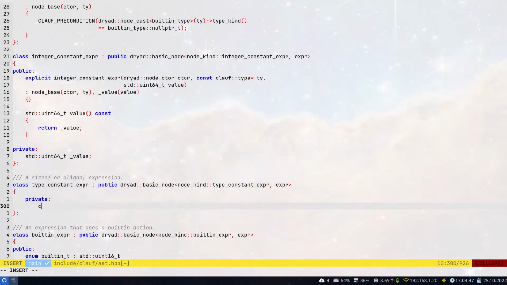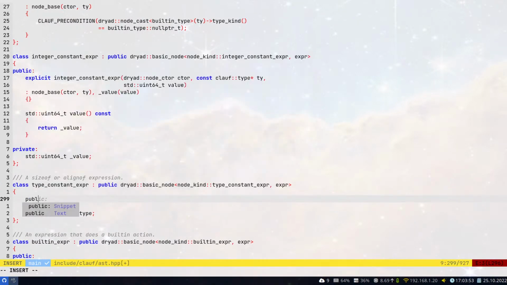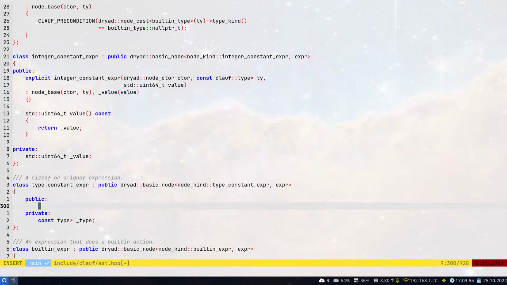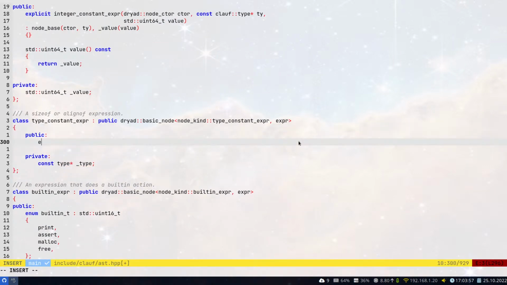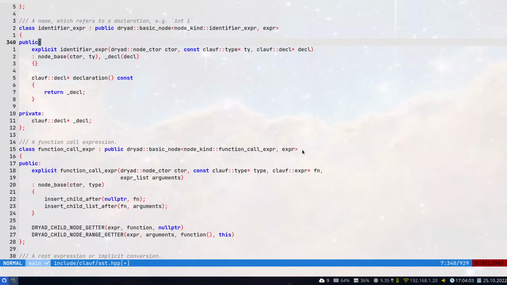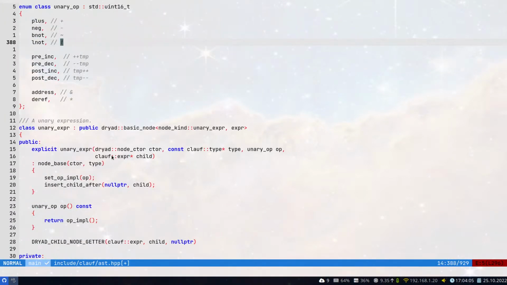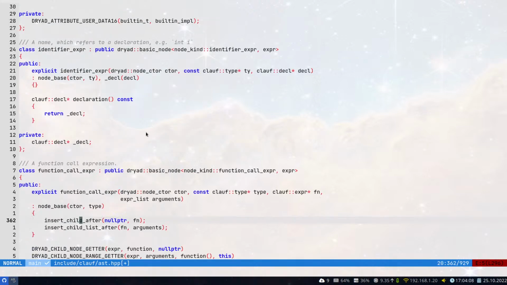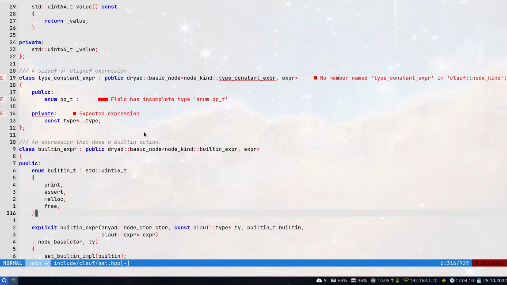The operand is type. And then we've got an enum. Let's just call it opt, similar to how we do unary operators. So it has an opt,